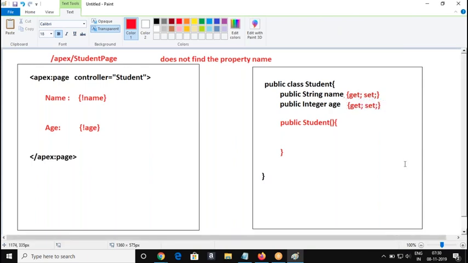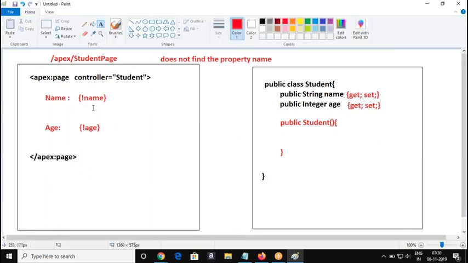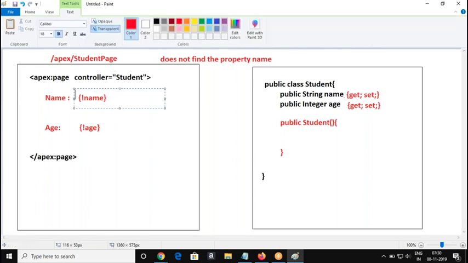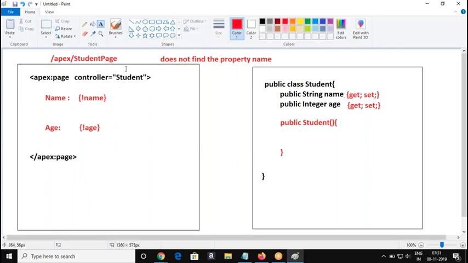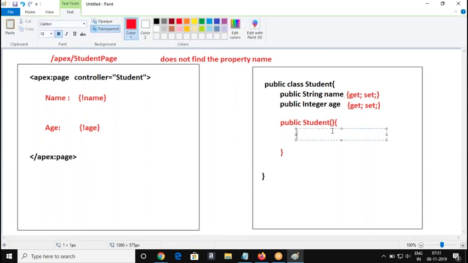Okay. So what are we discussing now? When I need to display some value here, when the page is loaded, I'd like to display the value. We know that when the Visualforce page is loaded, the constructor block will execute first. So anything you'd like to display in the Visualforce page when the page is loaded, I'm trying to initialize the variable within the constructor.